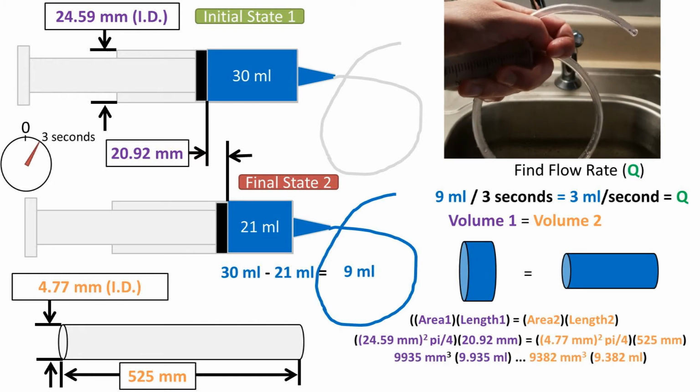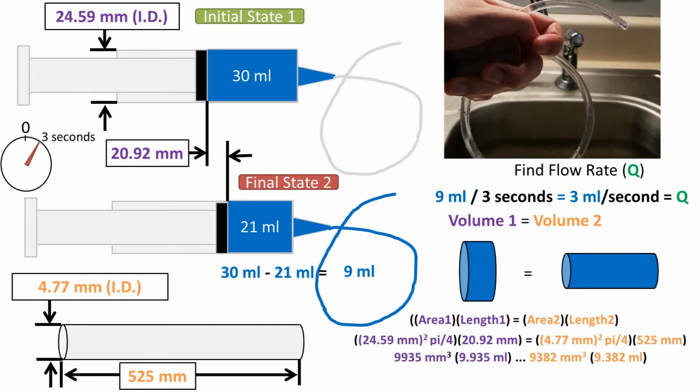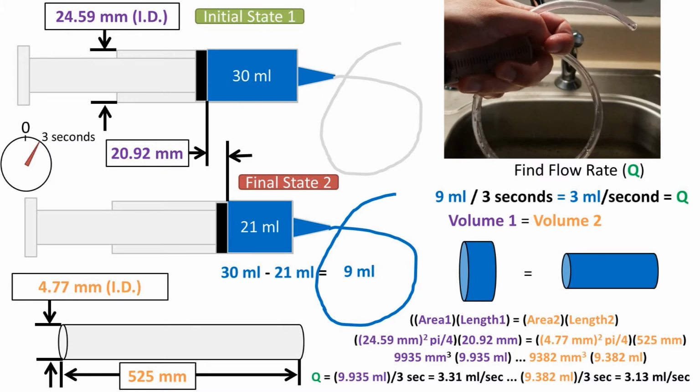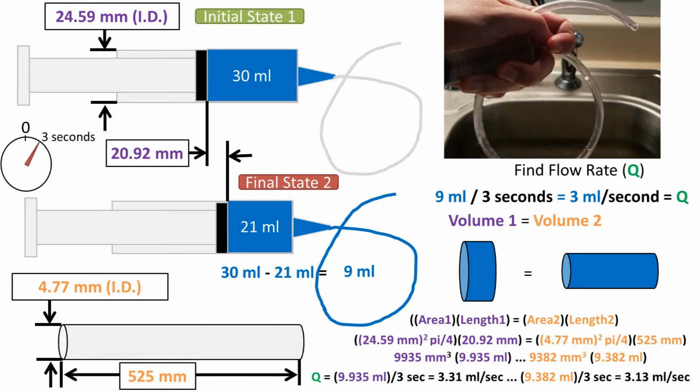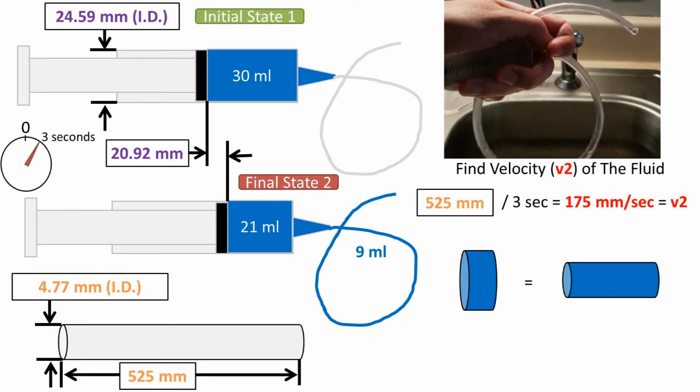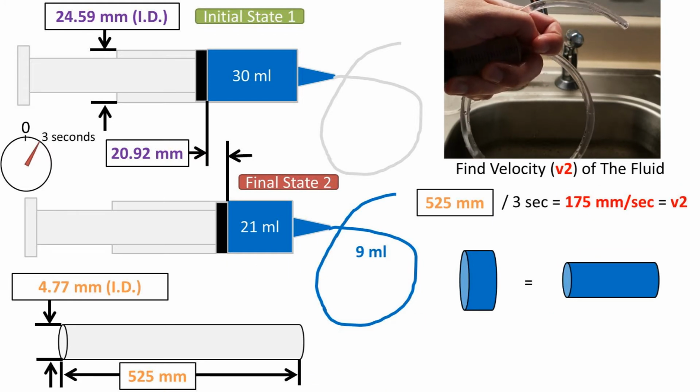Plugging in our numbers, we get the displayed values, which are fairly close but differ due to the experimental error or manufacturer variances. They both are around 9 milliliters of fluid. Now to get the volumetric flow from either of these values, we can once again divide by the time of 3 seconds. We get values that are close to the theoretical value of 3 milliliters per second, but vary slightly due to experimental error. Now to get the velocity of the water in the hose, we can take the total length of the hose and divide by 3 seconds, which gives us a velocity of the water of 175 millimeters